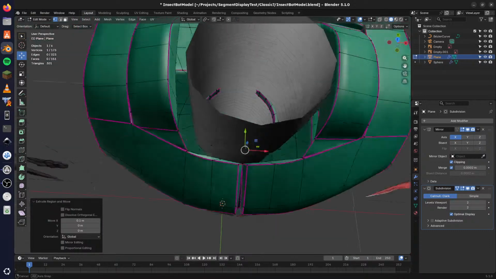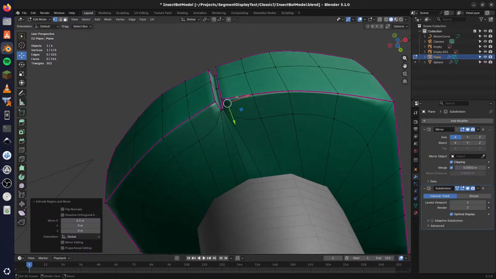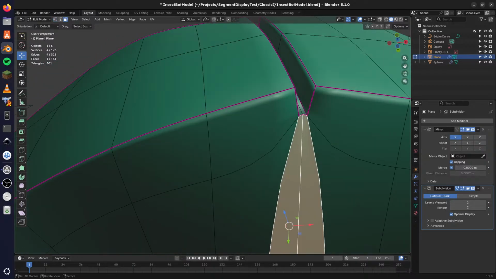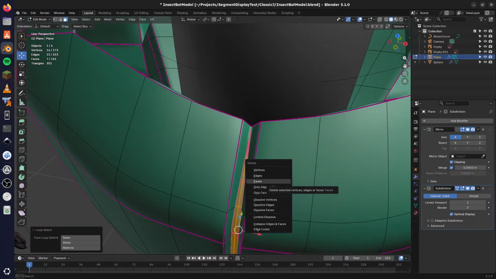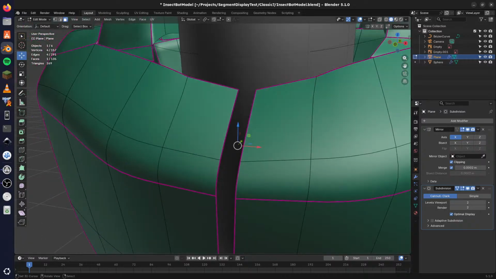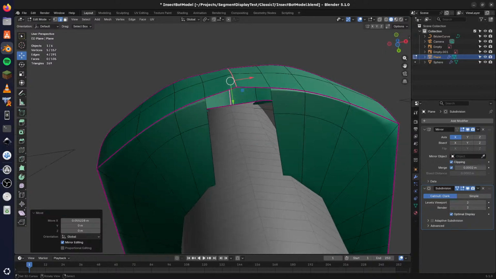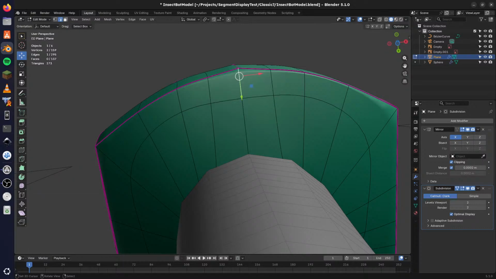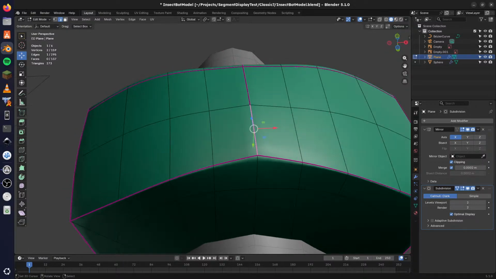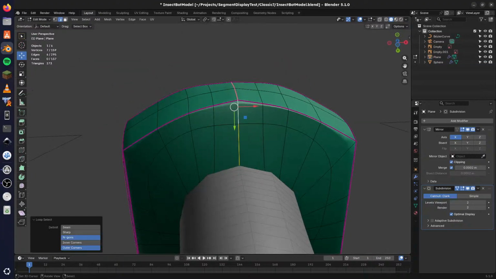I saw an interesting thing here on doing panels. I might give it a shot actually. Let's see if I can. Let me get these vertices. Bring these together. Uh-oh. And then what I'm going to do is